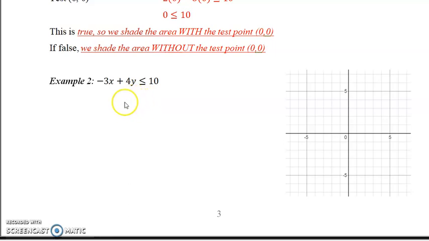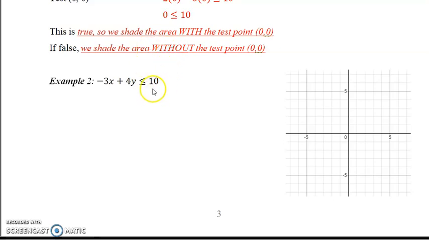Negative 3x plus 4y less than or equal to 10. So there's a couple ways you can approach this question. If you did it with intercepts, I'm going to do that in the last example, but if you did it with intercepts, you're going to get some fraction x and y intercepts. So I think the best way with this question would be to change it into y equals mx plus b